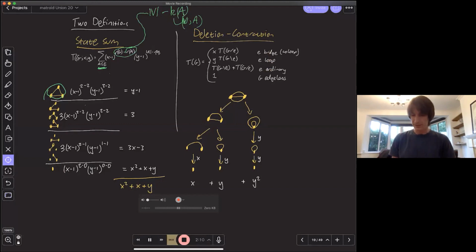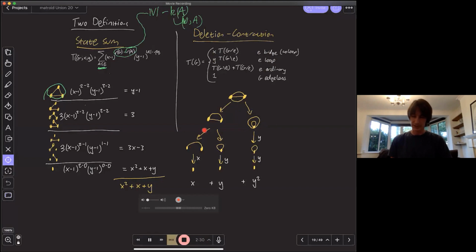If it's a bridge, you bring in an x variable, and for a loop, a y variable. For example, with this theta graph down here, if I delete this bottom edge, I get this graph here. If I contract this bottom edge, I get these two loops. I just keep working down this resolution tree. Delete this edge, get this; contract this edge, get this loop.